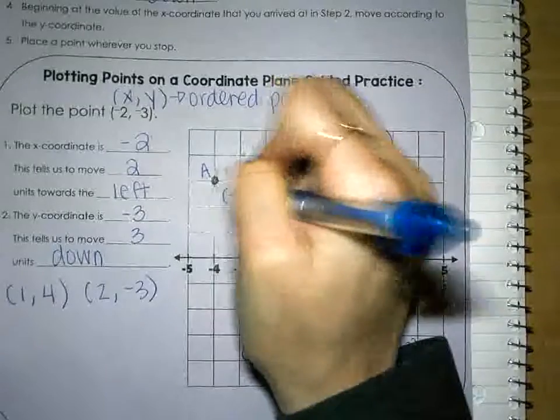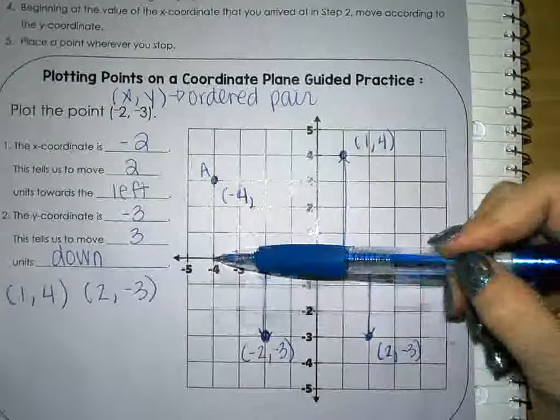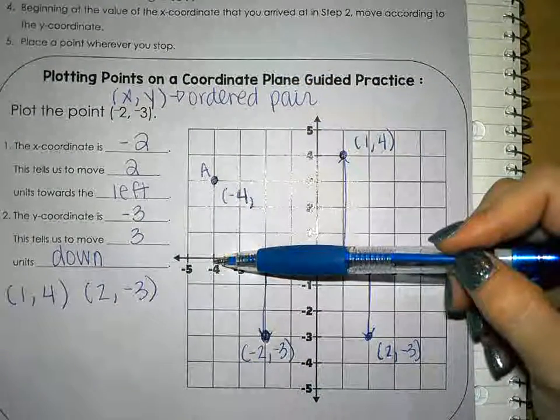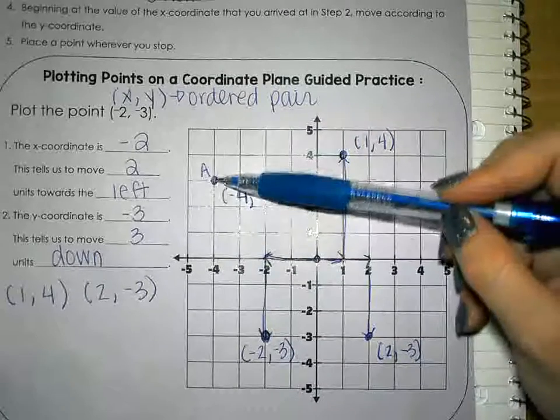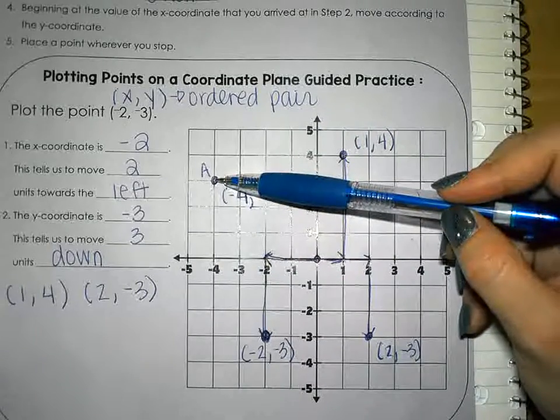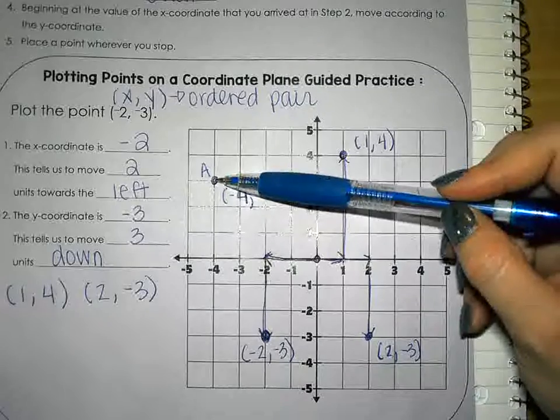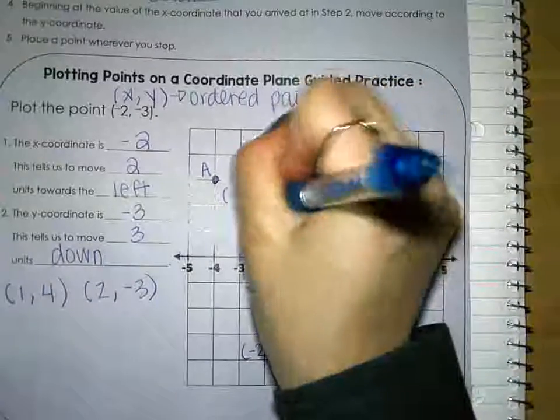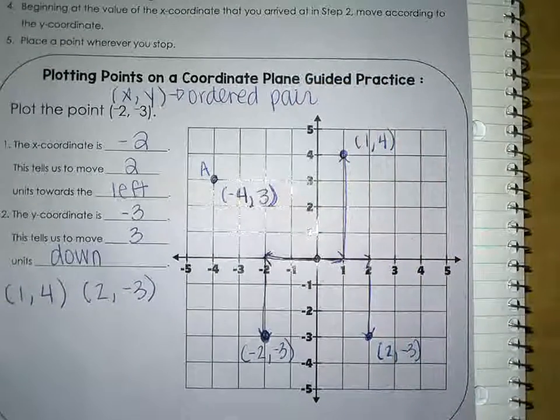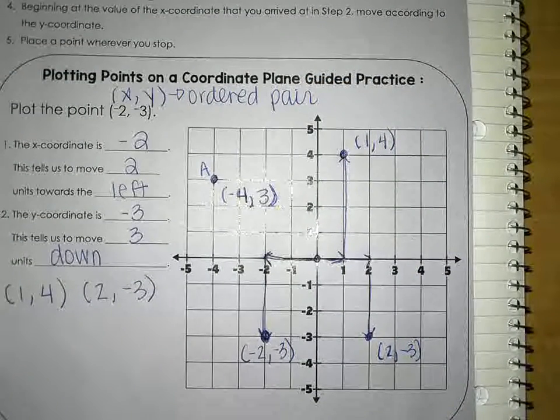Does that make sense, everyone? Then what am I going to do? Go up 3. Is that positive 3 or a negative 3? Positive. So what is my ordered pair of point A? Negative 4, 3. Okay, so we're going to